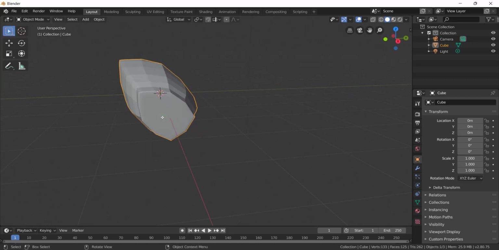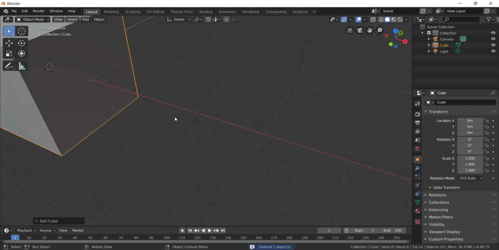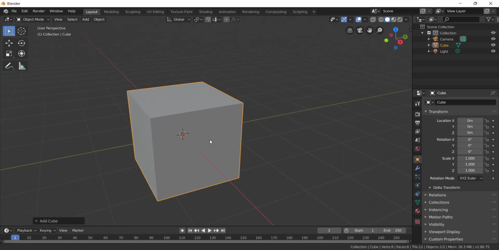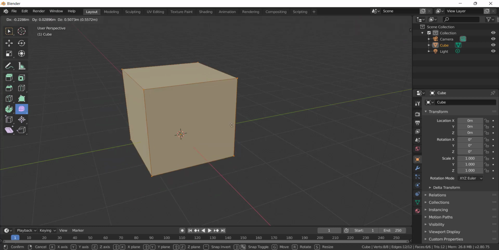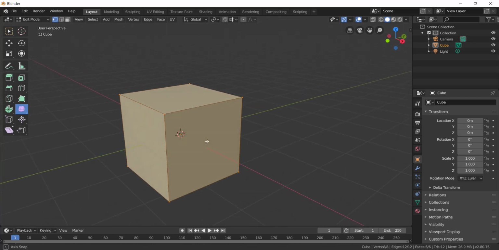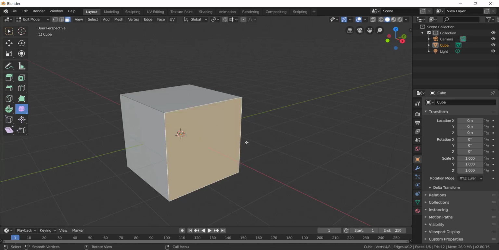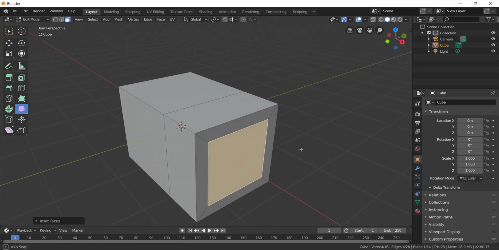Okay, so see, I will go to the object mode by clicking Tab and delete this object, and take Shift A, mesh, cube, pick an object, and after that Tab to edit mode. Now I will explain once again and I will end this class. Okay, so first of all, G for grab, R for rotation, and S to scale, fine. And after that, for extruding, E. Okay, click 3 for face selection, E to extrude, I to inset, and